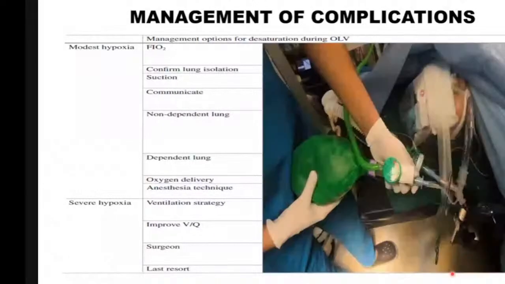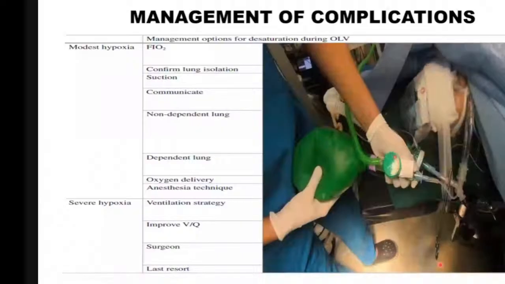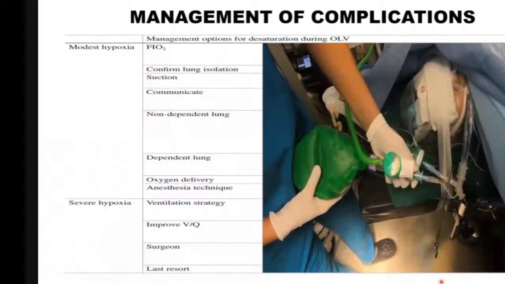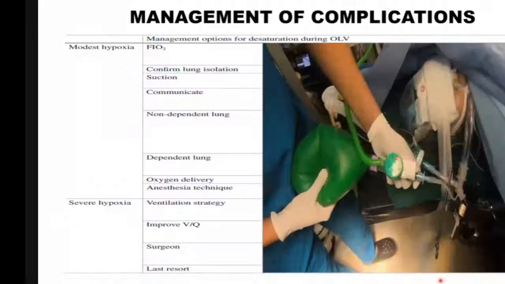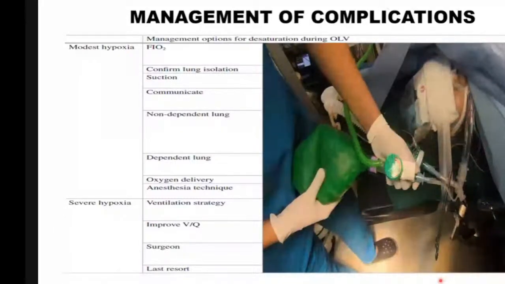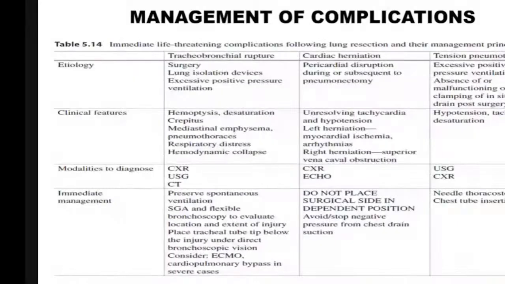There are other complications also. This is how we can recruit, with giving the position to the non-dependent lung, if having the procedure. So, coming to the other complications, after the surgery, there can occur certain life-threatening complications, like emphysema. We anticipate what all can happen, but there are various investigations which can help, like X-ray, USG, CT, which might actually reveal a tracheobronchial rupture. The etiology is due to injuries during surgery or placement of the devices,